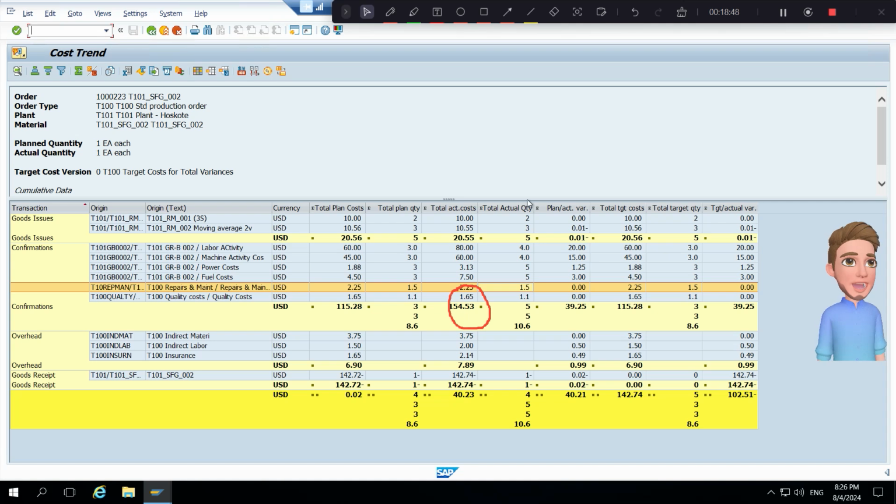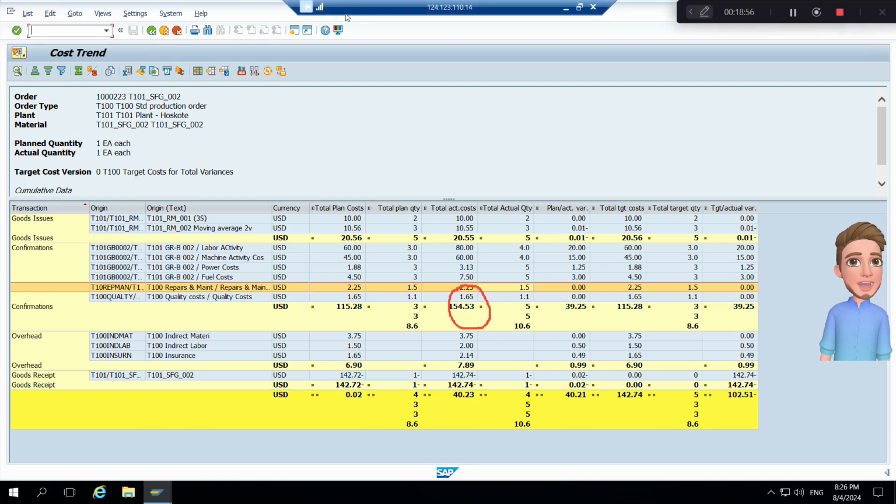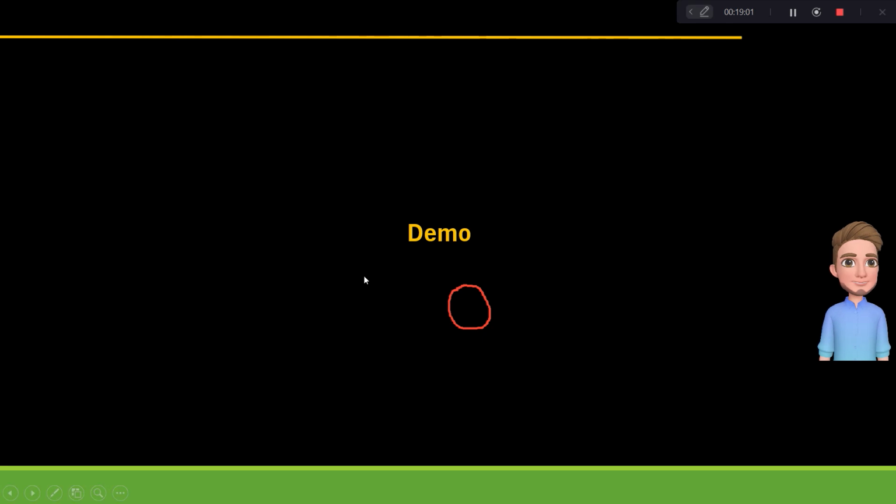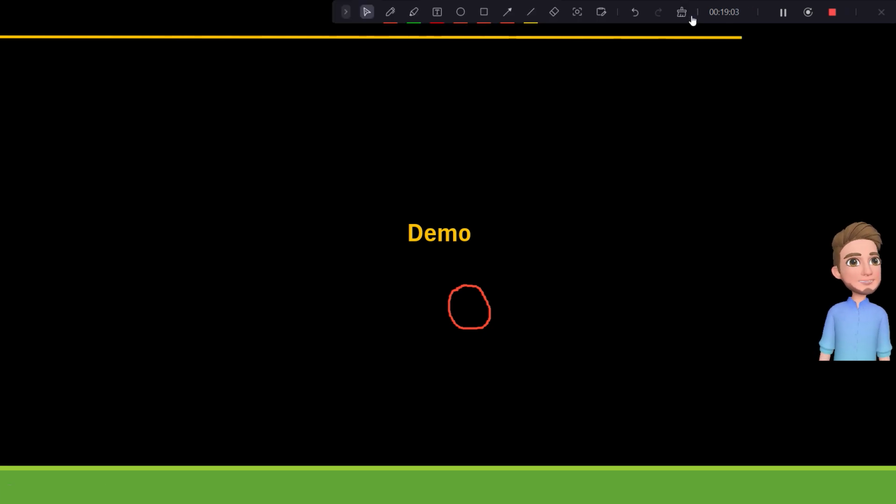Very good functionality. So with this we have now completed the settings for template allocation. Let me come back to pointer, collapse this and go back to the PowerPoint. Okay, so we have completed the demo. Fair enough. So let me do a quick recap